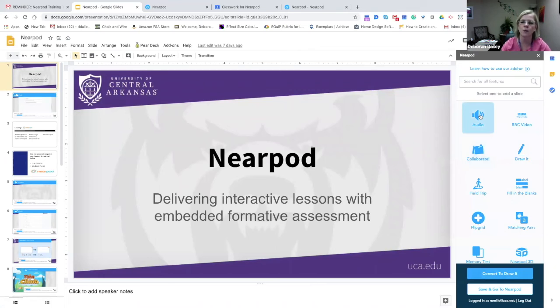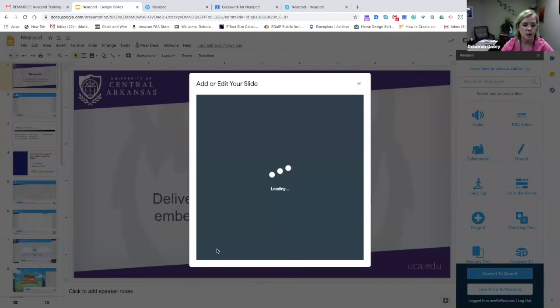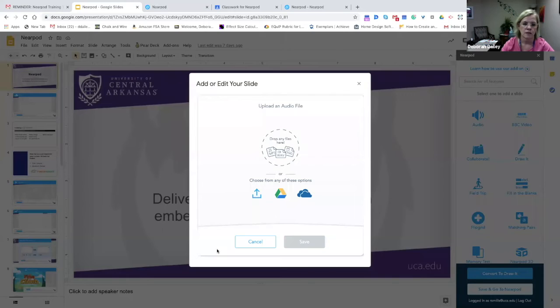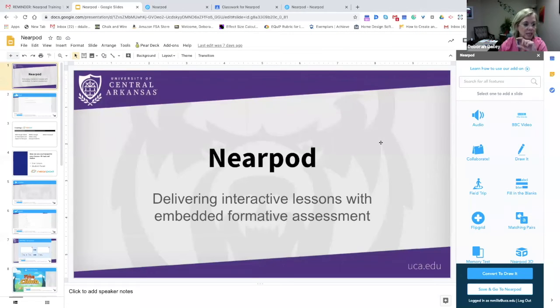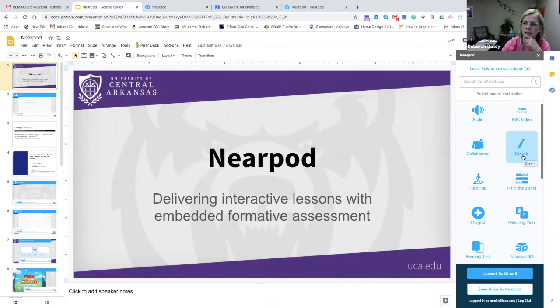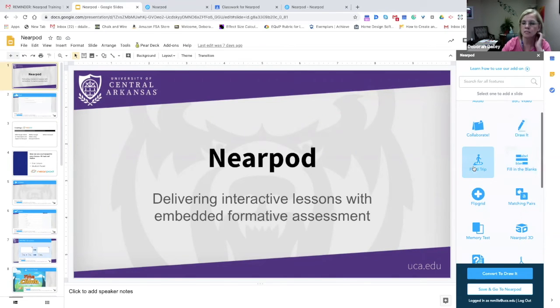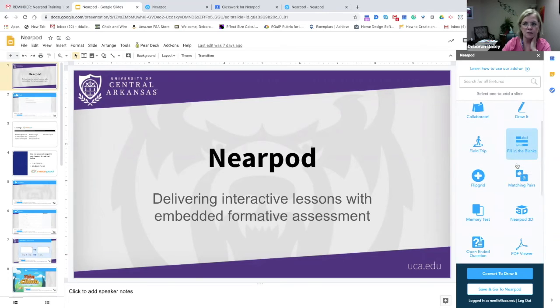So, okay, if I wanted to add audio, I could add audio like I showed you earlier. Oh no, this one's uploading an audio file. It's easier to do audio inside a Nearpod. But I could add the collaborate slide. This is where I got the draw it. The field trip. This is the virtual reality. The fill in the blanks. You can have a fill in the blank